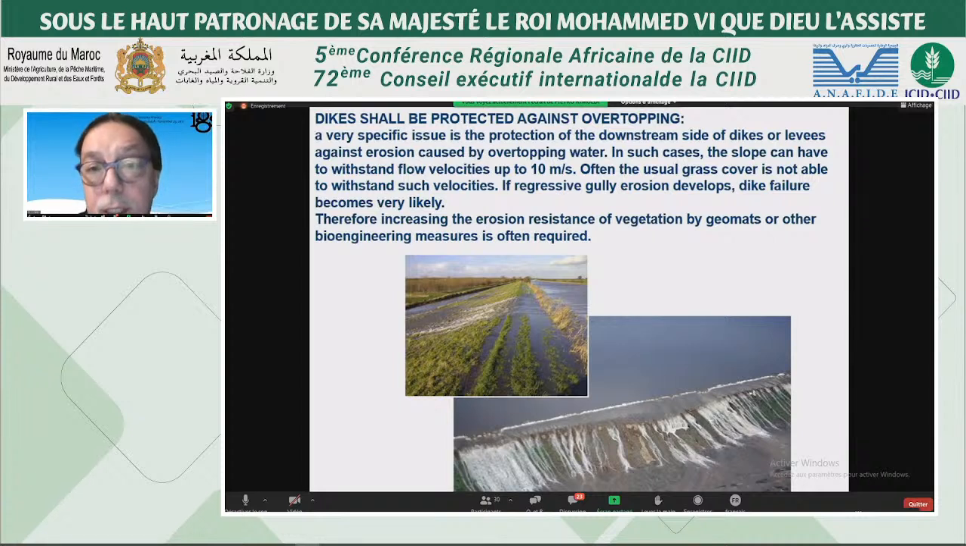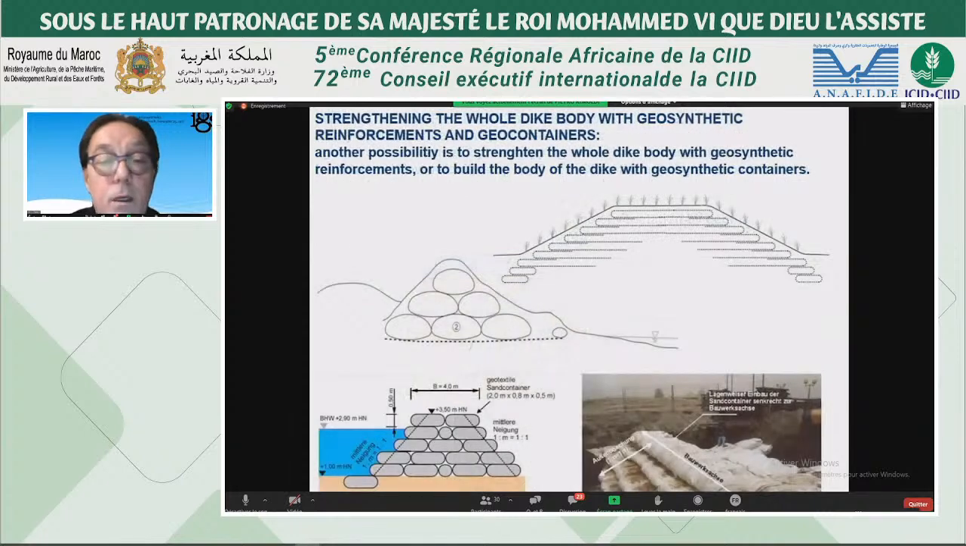Parfois, il y a des vélocités à hauteur de 10 mètres par seconde. Si une érosion se produit, par exemple si une érosion se développe au niveau de la ravine, alors il y a des effets qui s'ensuivent. Et une autre manière, c'est le renforcement de la structure de digue